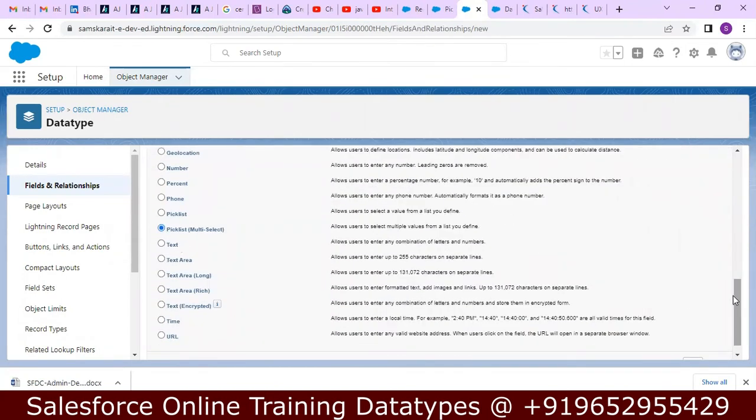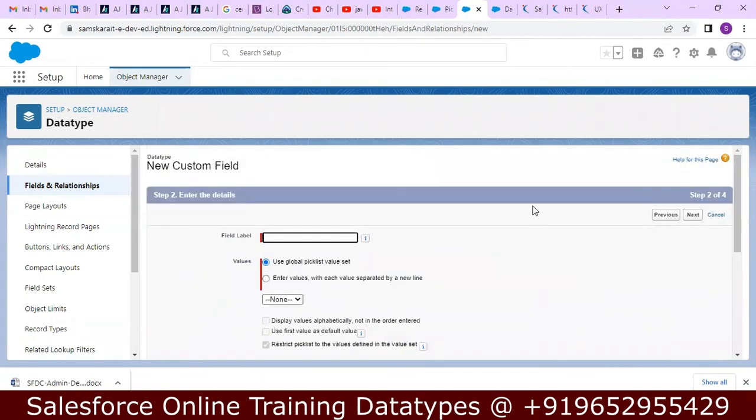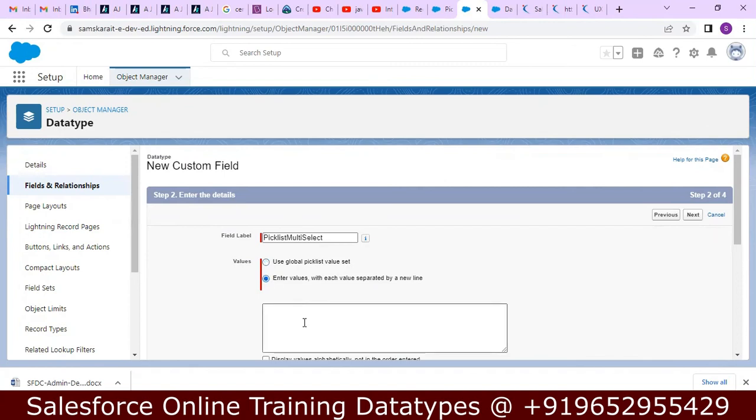Pick list multi select. Field name: pick list multi select. So enter values. Skills: admin, development, Apex, Visualforce,